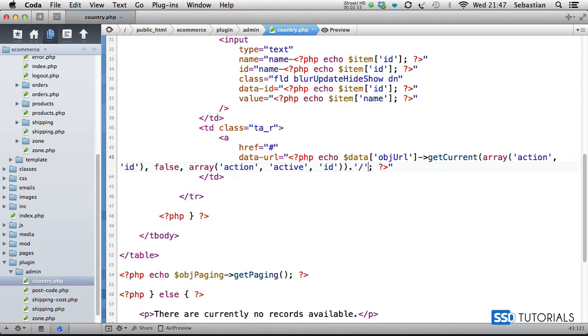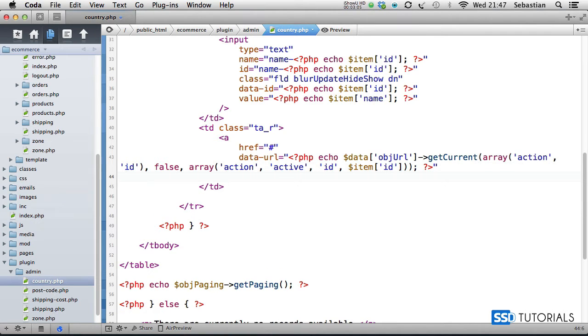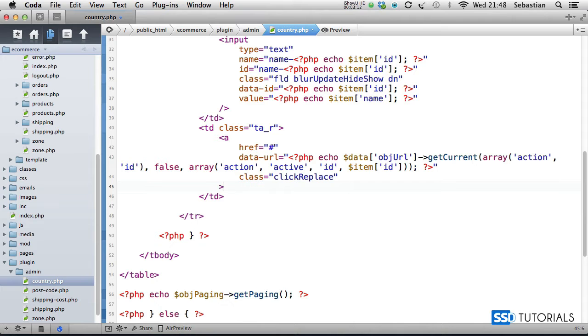Actually, hold on a second, we're not concatenating anything here. We have the ID already, so it's just going to be item ID. So that's our URL. So after data URL, we also have class, which is click replace. And now we can close our link, display the echo, checking item,